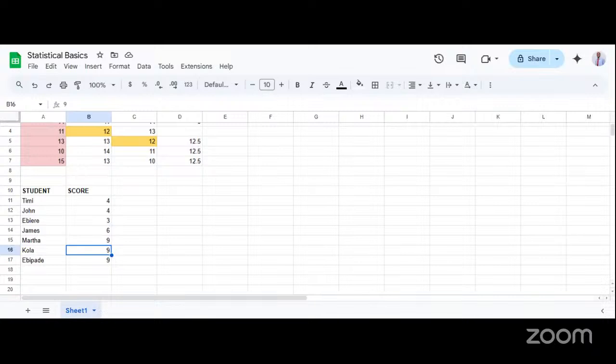Remember, the goal of central tendency in the first place is to provide one value that might be a likely estimation of every other value that might not be known in a data set. Yes, one value. So what is the importance of this? The importance is in contexts whereby